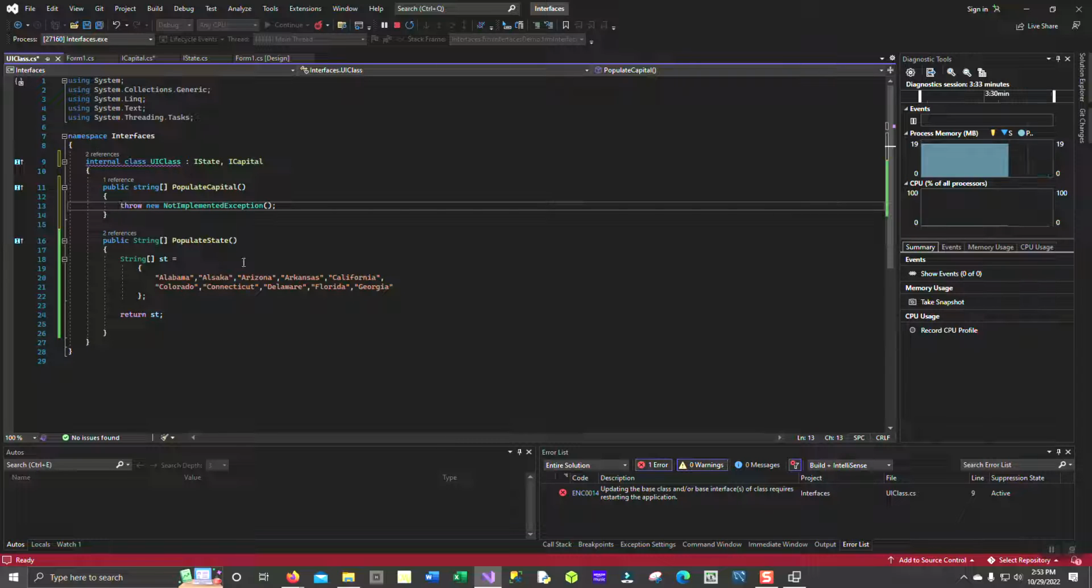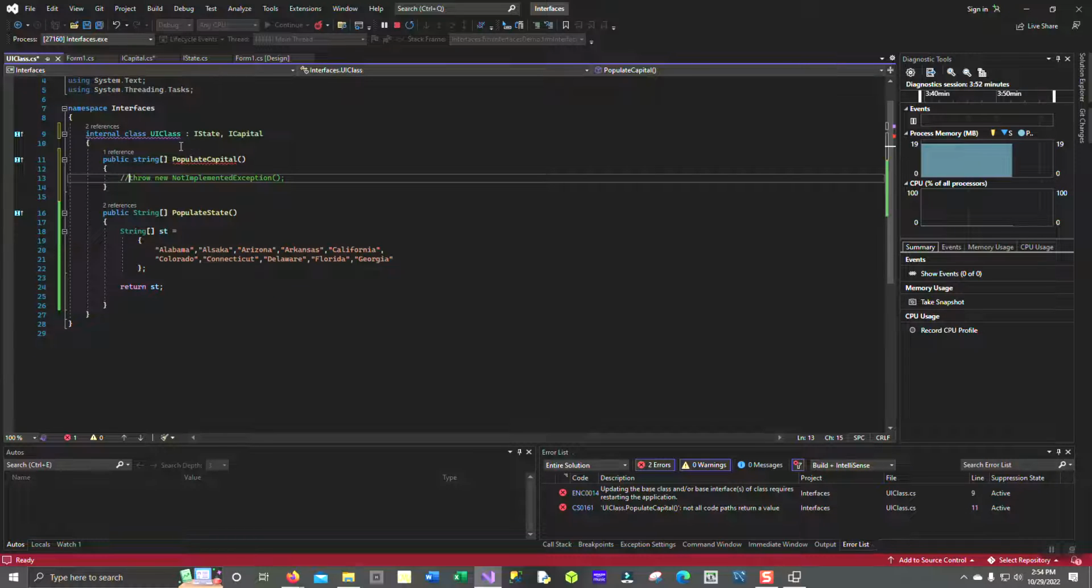This always throws a new not implemented exception. I mean, you could put in a try catch type thing here, but it's not really necessary for this. So for the moment, I'm going to comment this out, and I'm going to do kind of the same thing I did here,